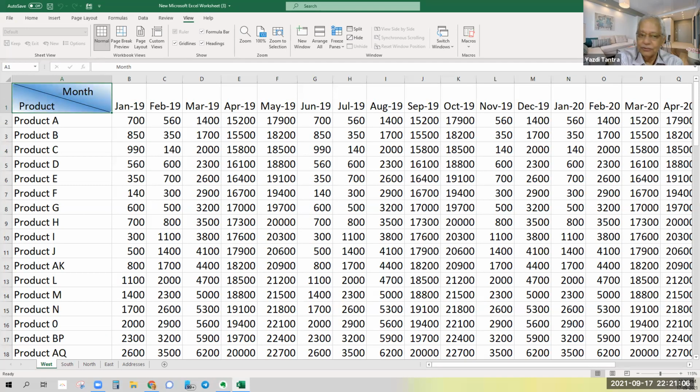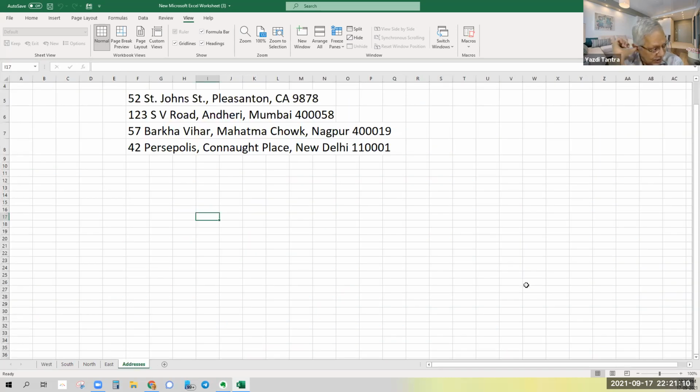One last thing I wanted to share. Suppose you get a list of addresses like this. A lot of programs, it may be a Tally program or any other database program, let you export the addresses in a certain pattern: first line of the address, comma, second line of the address, comma, and third line of the address.